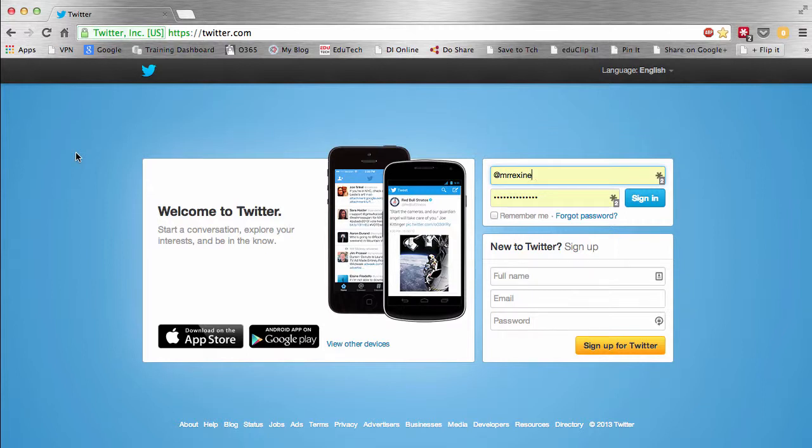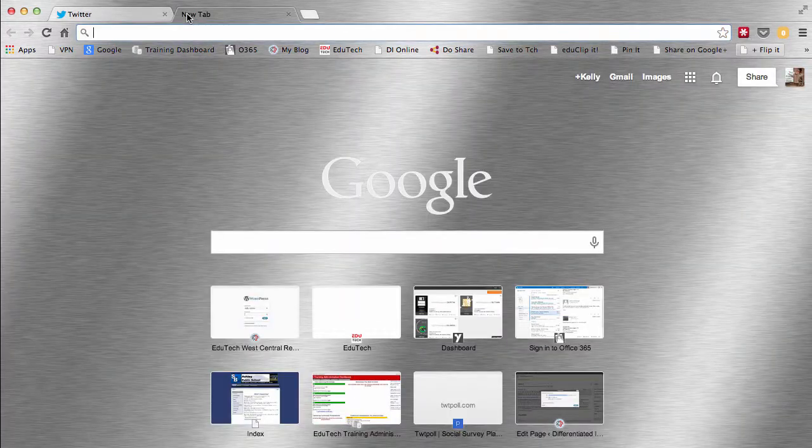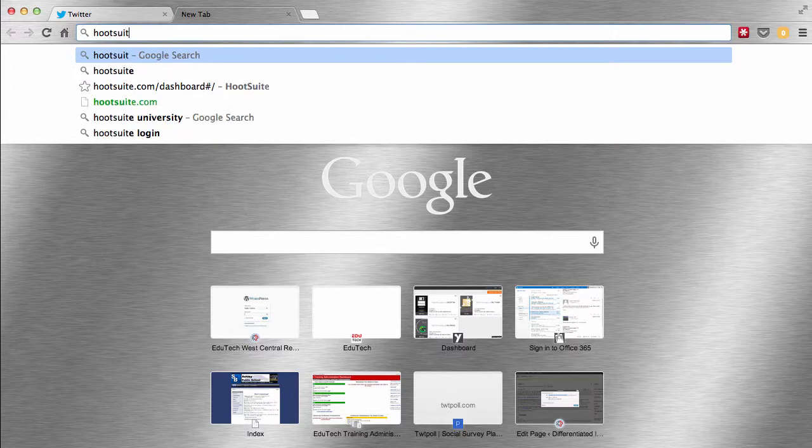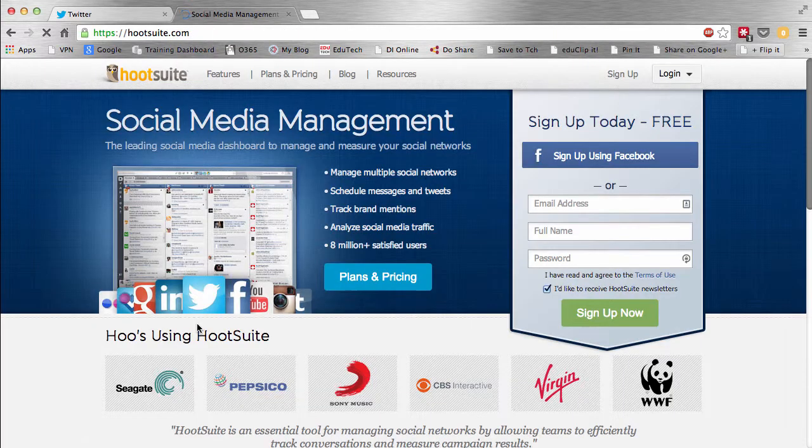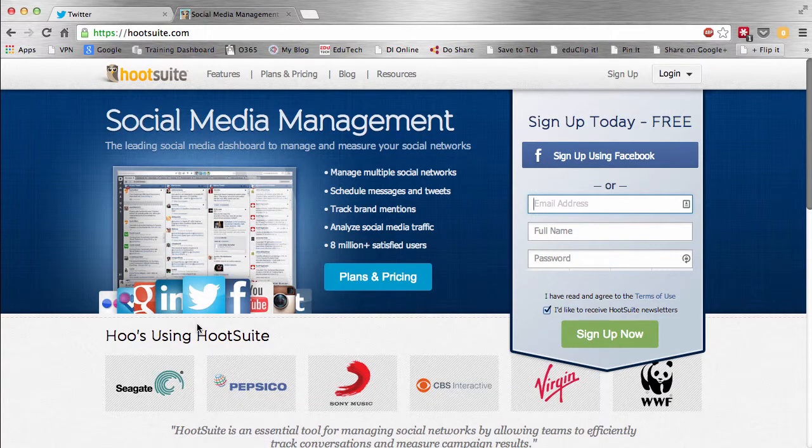Hi, in this tutorial I'm going to show you how to use different applications with Twitter. You can always go out to twitter.com and sign in and use Twitter that way, but there's a couple other applications that I use. One is called Hootsuite, and Hootsuite is basically an application within your computer, within your iOS,